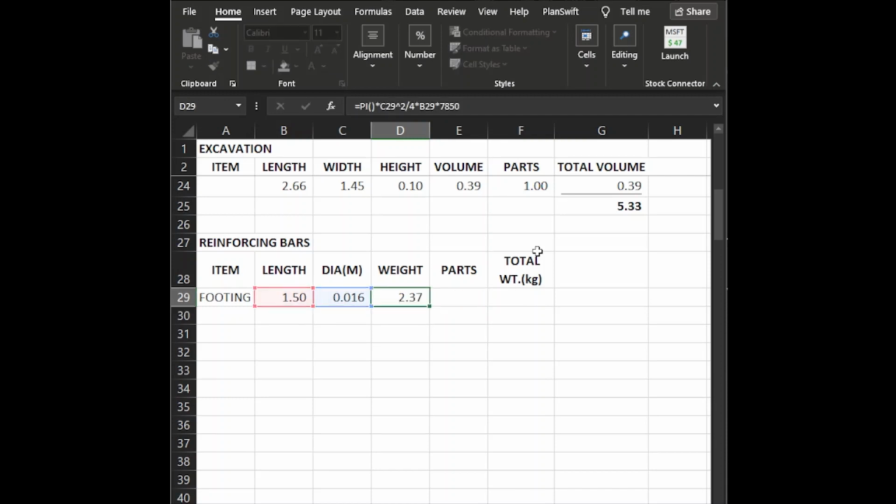So our weight for one piece of 1.5 meters of steel is 2.37